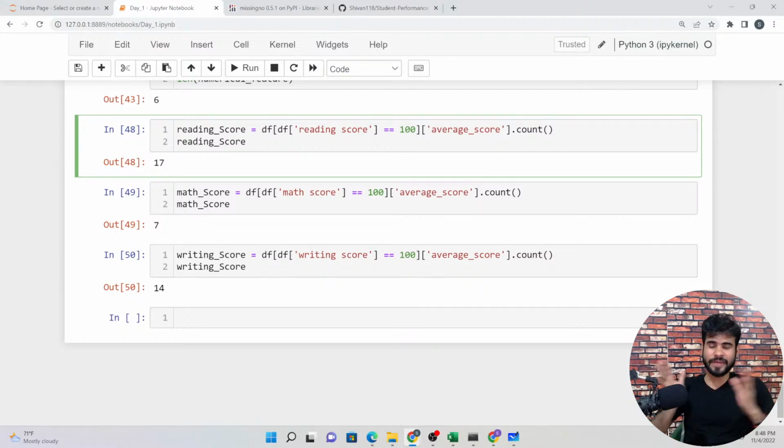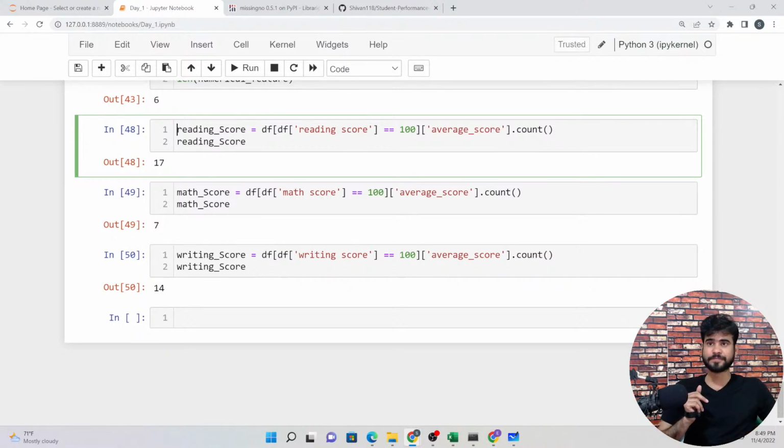Just try to participate, guys, because it's about understanding your data. If you understand your data, then you can say, okay, these are the insights that we have from this column. Else no. Let's say tomorrow you get the data from your client, and the next day your client comes and asks you some questions from your analysis, then how can you explain? So just try to focus and understand this one.